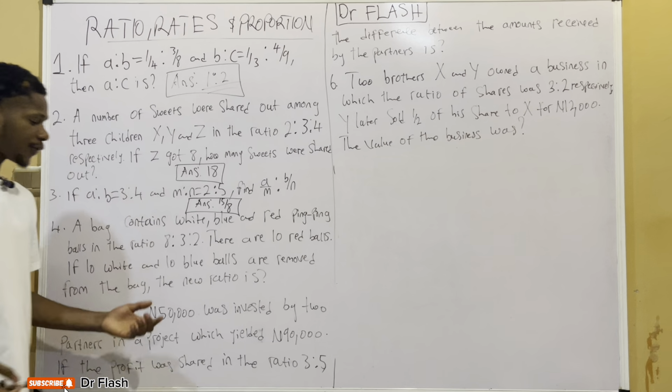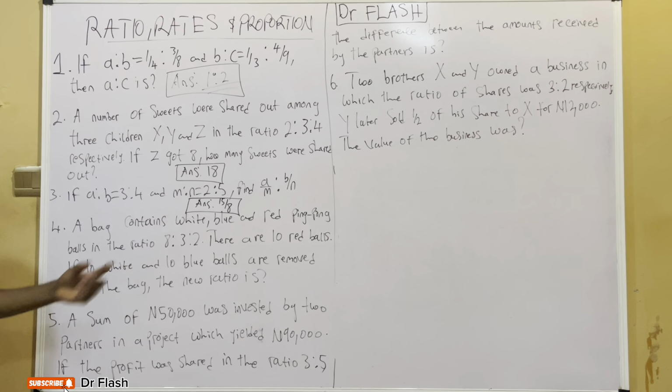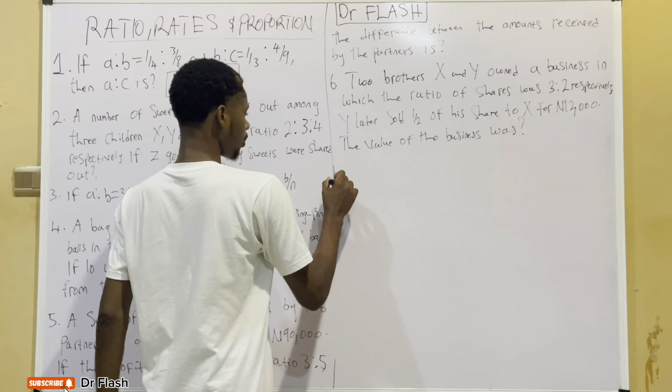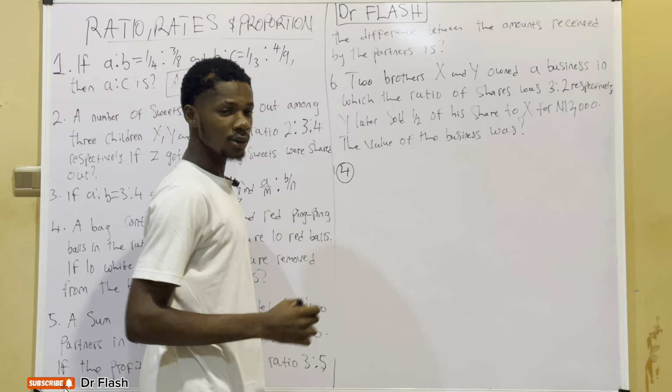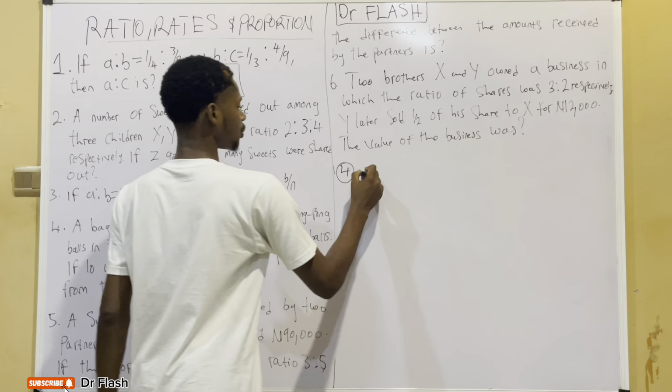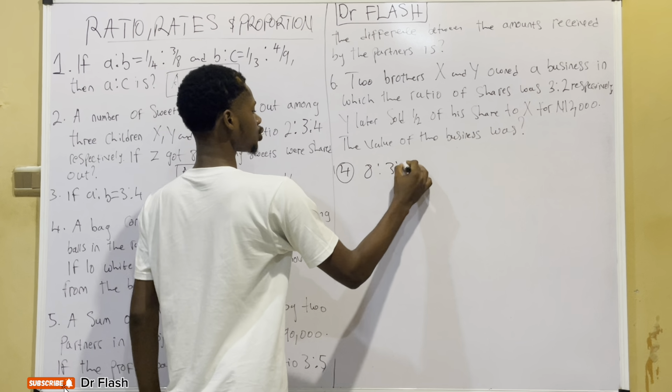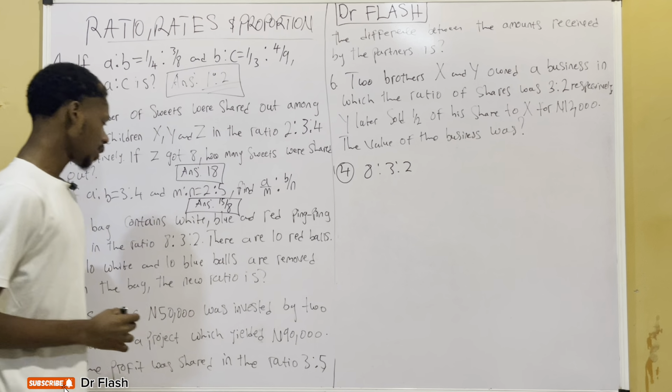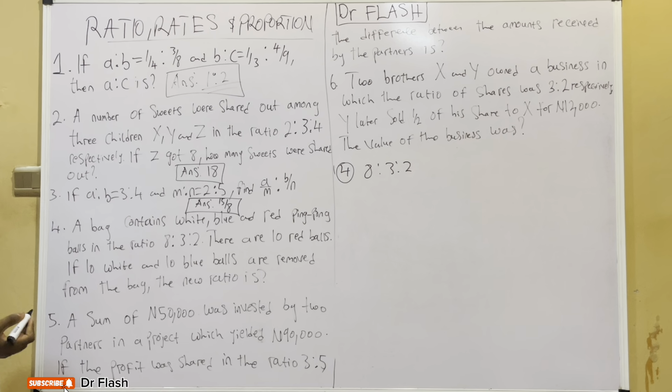Now the question wants us to find the new ratio when these balls are being removed. Well, first things first, the initial ratio was given as 8 ratio 3 ratio 2, and that's what we're going to work with first. Before we can get the new ratio, we have to know the new number of balls. And to get the new number of balls, we need to know the initial total number of balls,